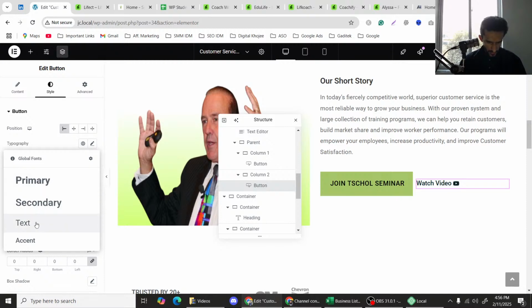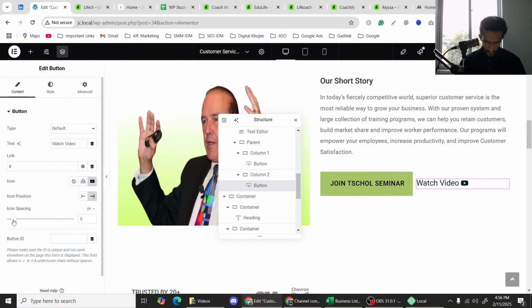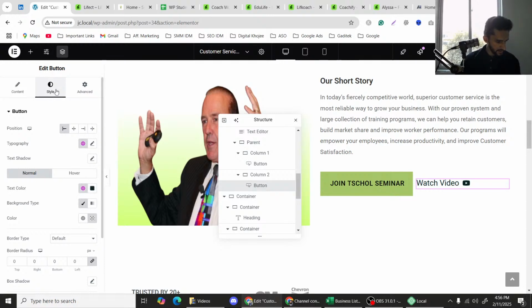अच्छा जी, तो इसकी टाइपोग्राफी को सिलेक्ट किया और मेक इट टेक्स्टाइल। हाँ, इसे थोड़ा सा बड़ा अच्छा लगता है, और इसकी जो आइकन स्पेसिंग है वो थोड़ी सी बढ़ा दी।